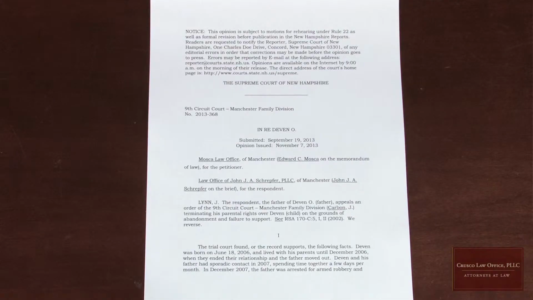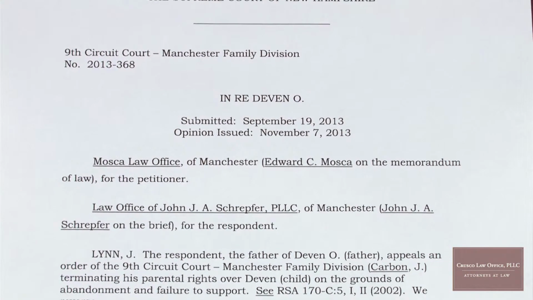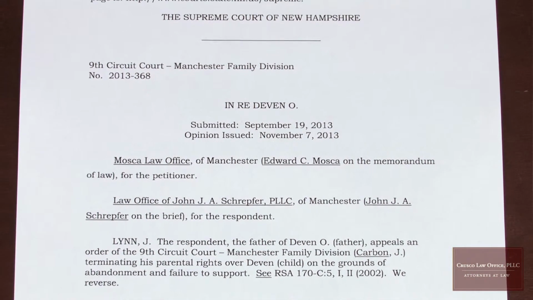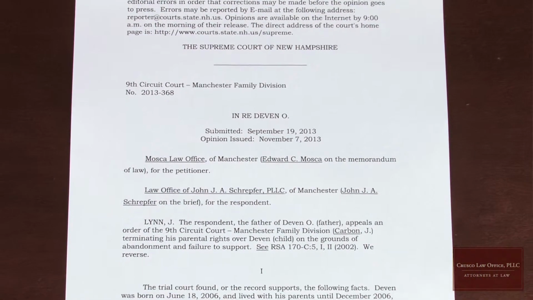The statute itself is limited in what financially able means, and if you read the case that I mentioned earlier, In re Devin O., it discusses what it actually means to be financially able without actually coming to a conclusion. It may mean more than just being able-bodied and able to work. Certainly if there is a disability, that could be difficult to prove that a parent was financially able to provide support for the child.